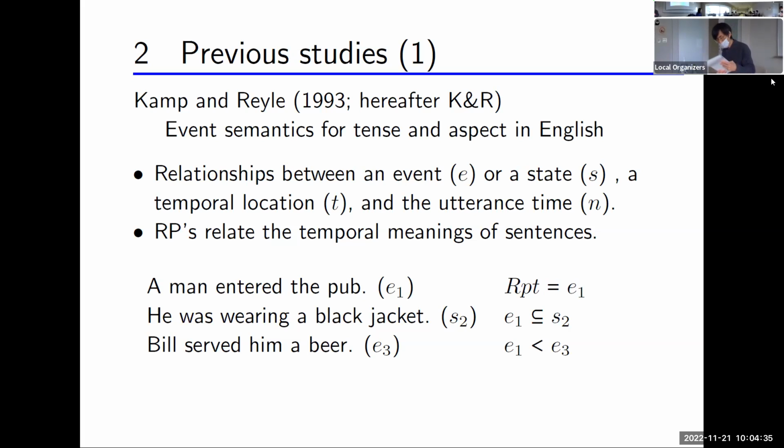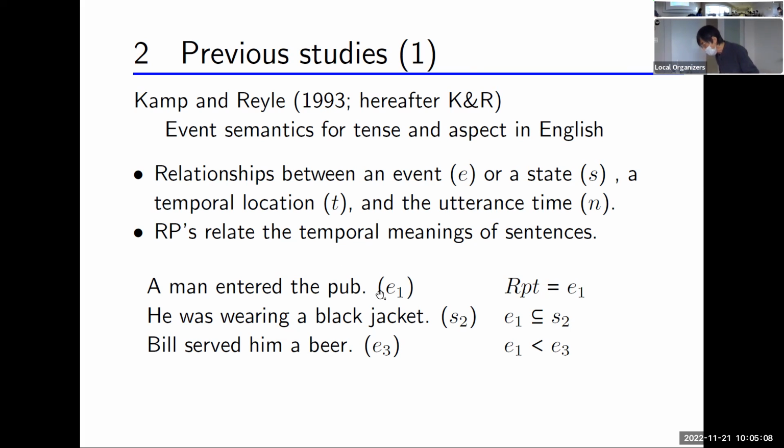Kamp and Reyle 1993 applied event semantics to elucidation of tense and aspect in English. They specify relationships of an event or state to a temporal location and the utterance time. They use a reference point to rate the temporal meanings of sentences. So here is a simple example discourse. Okay. The first sentence, a man enters the pub,